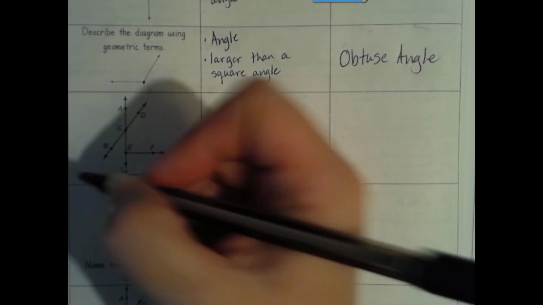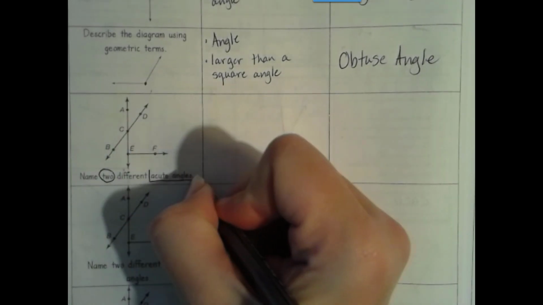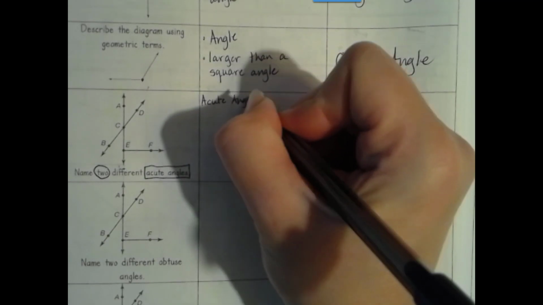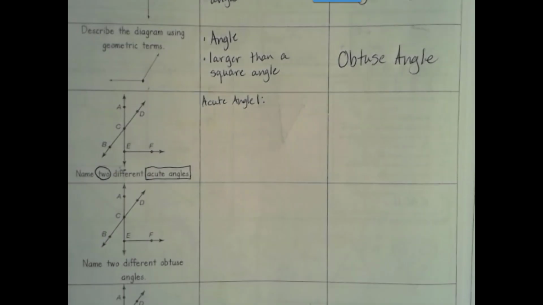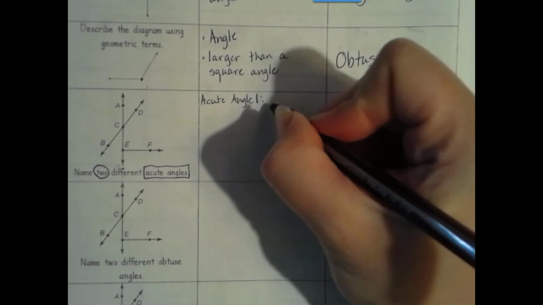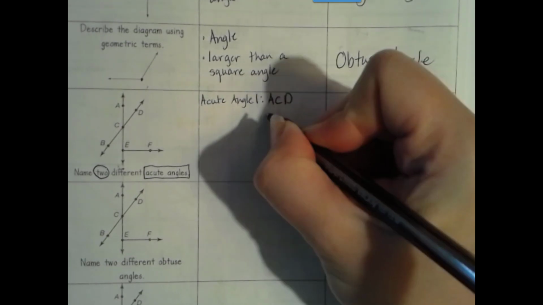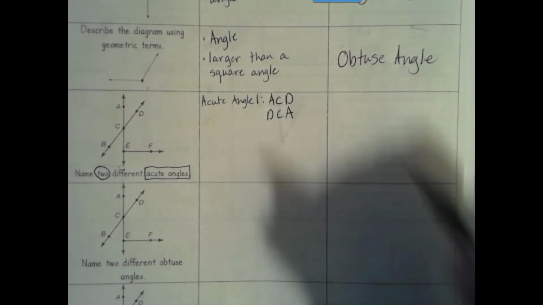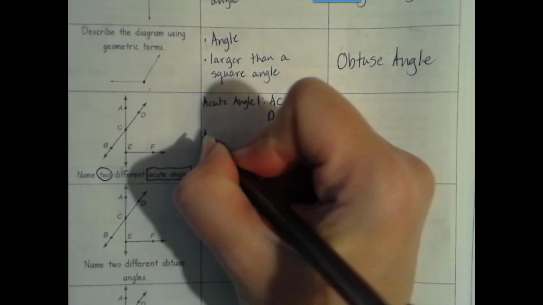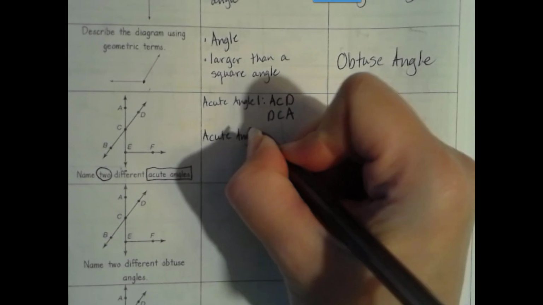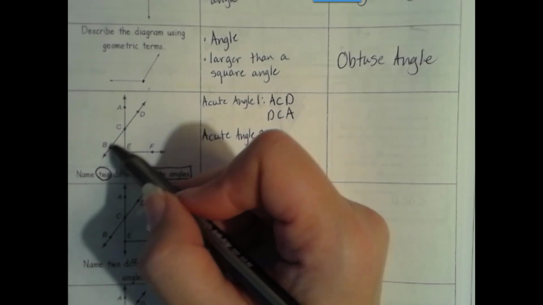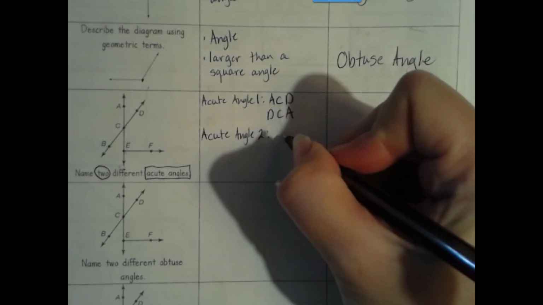Okay, so here we want to name two different acute angles. So acute angle 1. We have to find angles that look like they're less than 90 degrees or a square angle. This one looks like one right here. So I can have it listed as A, C, D, or D, C, A. As long as the vertex is in the middle, either name's okay. We have acute angle 2. Will be this one right here. This angle is definitely less than 90 degrees for a square angle. So we can say BCE